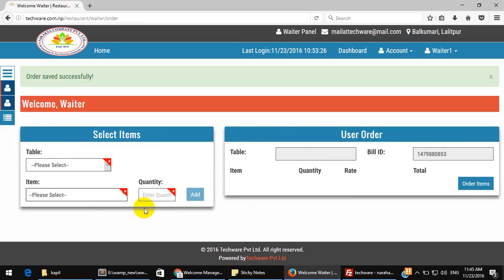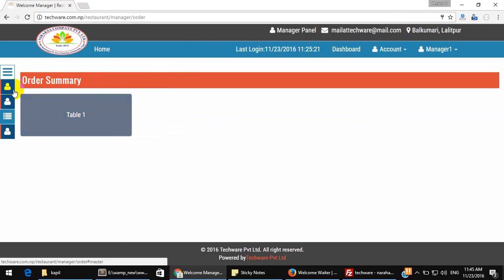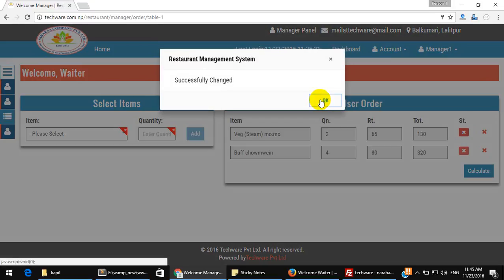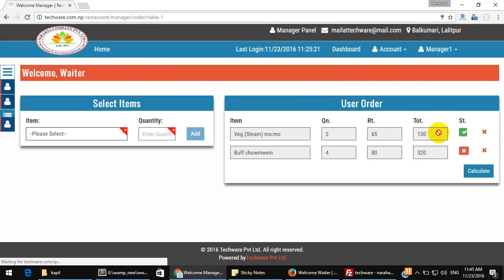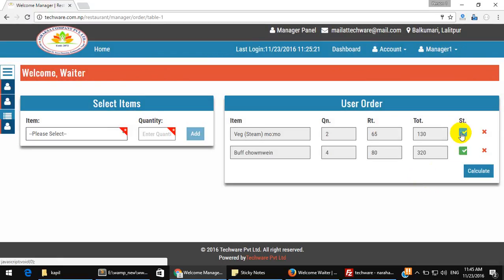Now this will come to the manager site, so let me use the manager. In the daily data, in order detail, the recent order from table 1 appears. Then the manager will look at table 1 and see that the veg momo and buff chowmein are not yet delivered, and once it is delivered, the manager will change the status and mark it as delivered.